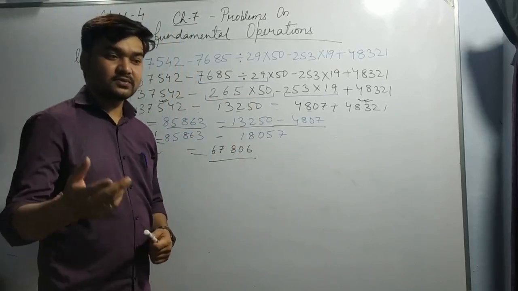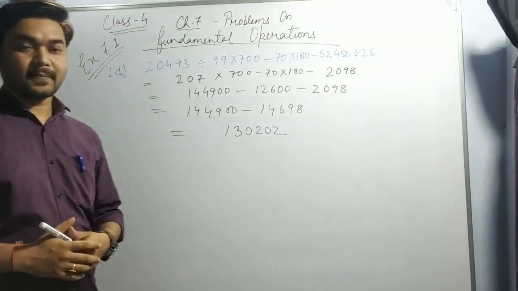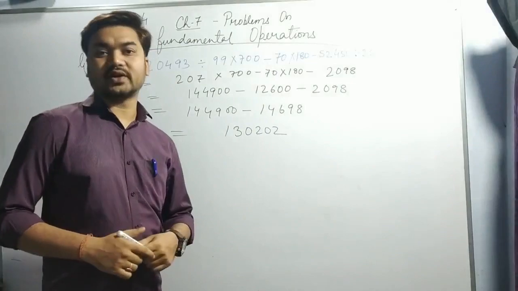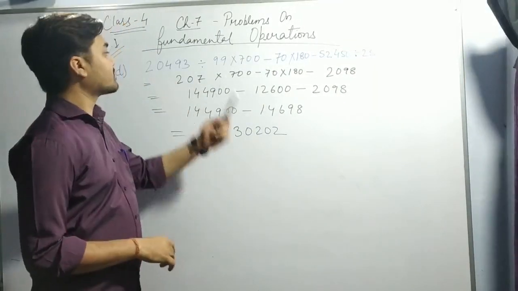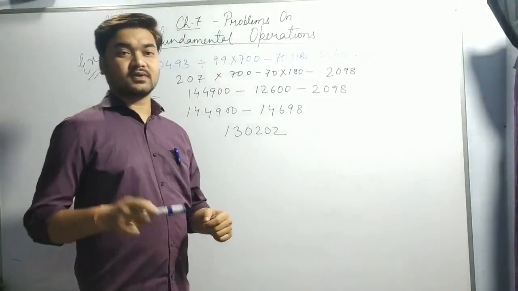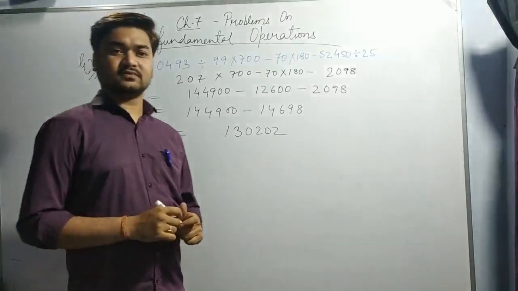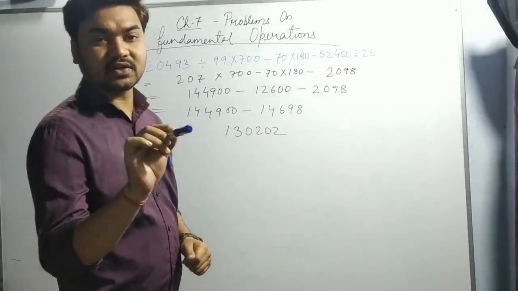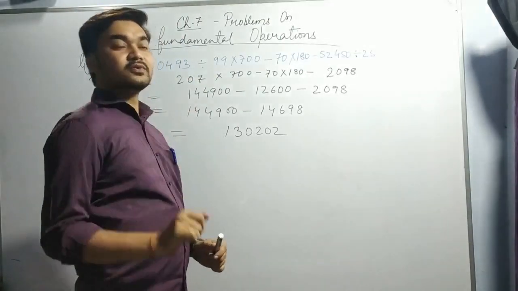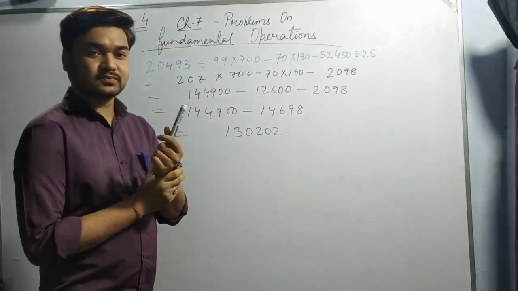Okay. Now next we will solve 1D. The next question which we are solving is 1D. First see the question in your book. Read the question 2 times, 3 times, 4 times. Read that question 1D 5 times. And mark in your book what will be the first step. What we have to do? Division.